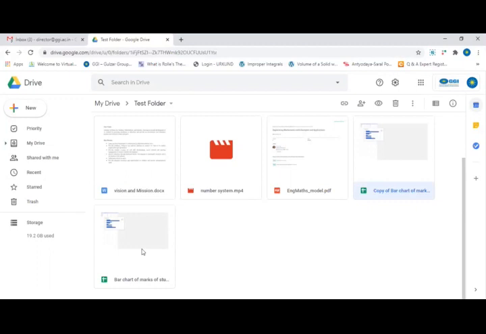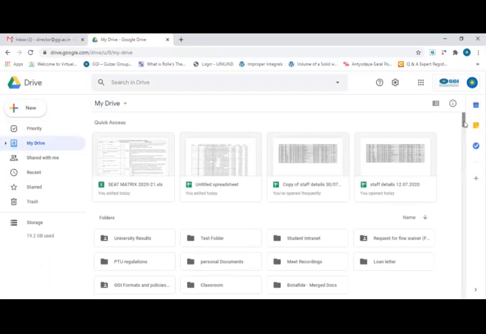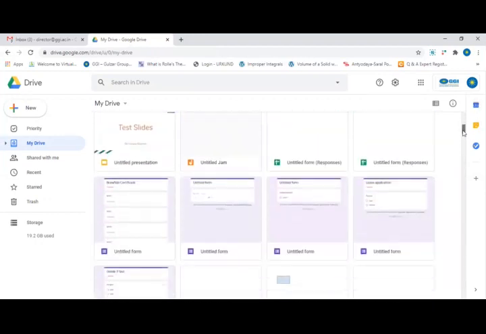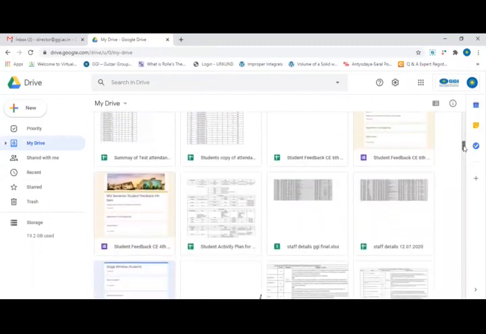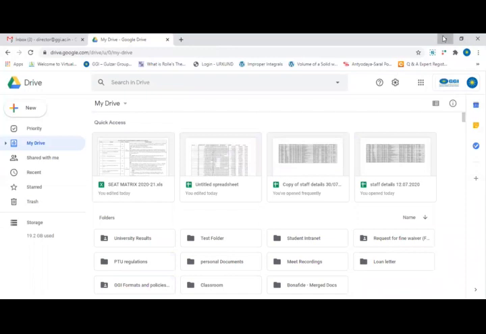Then there is another interesting feature of the drive. Now let us see a certain Excel file. I want to show you something. I have one file to show you, which is of Excel type.